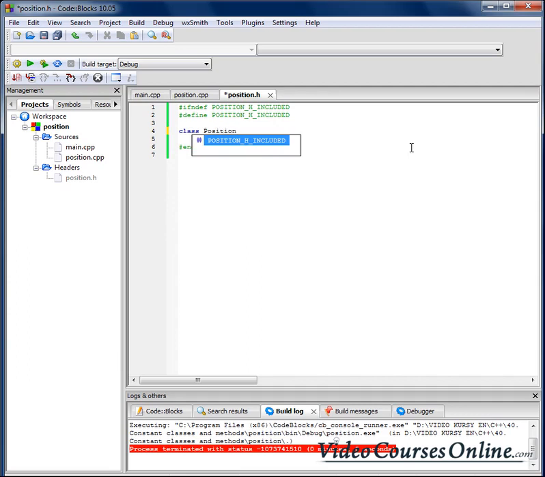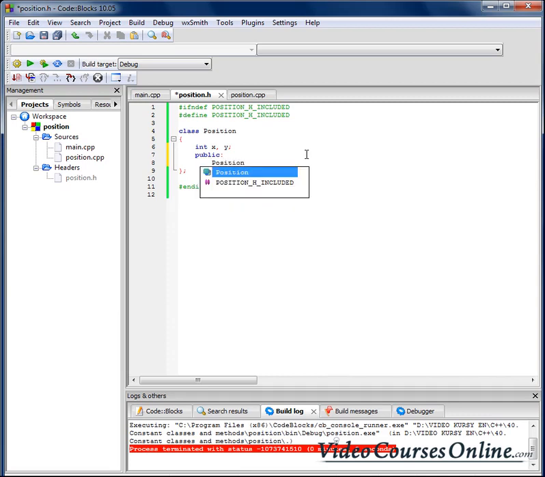I can't click the space here because our IDE will use the hint here. Okay, so class Position, remember about the semicolon here. And now we need to store the position somewhere. So let's store it in two private variables, x and y. Then in the public section, by using the public modifier, we'll create a constructor and destructor. So constructor Position, and this constructor will take two parameters, int